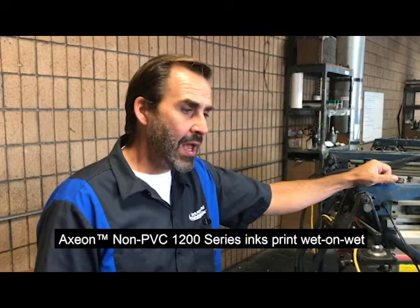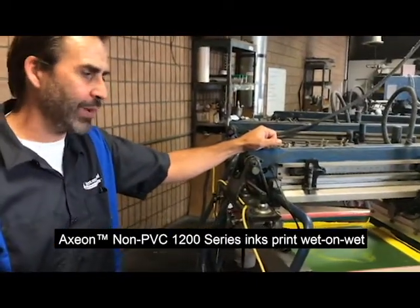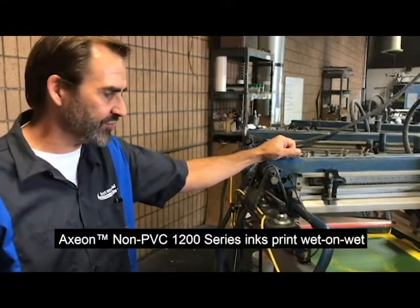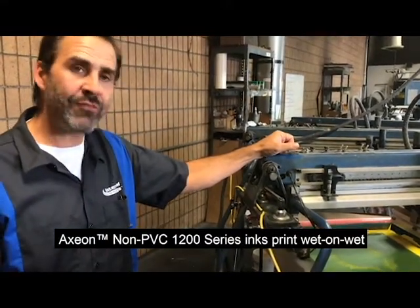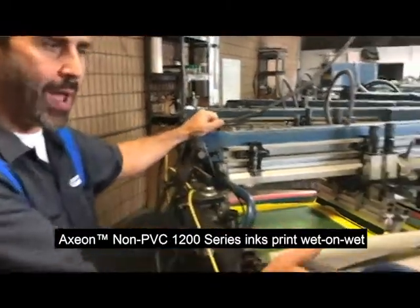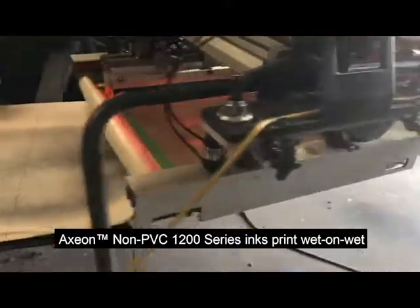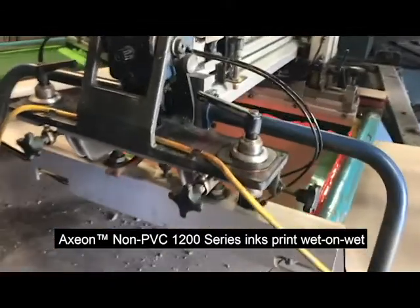Welcome back, everybody. As you know, in part 2, we showed you how we were doing wet-on-wet screen printing with our AXEON system here at Midnight Impressions. But one thing I want to show you before we tear down the machine is that even though we are doing wet-on-wet colors here, as you can see just before this flash, the red has 3 colors that are wet-on-wet